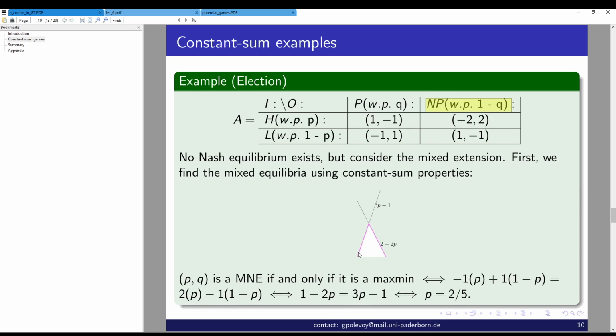Her utility will be described either by 3P minus 1, or by